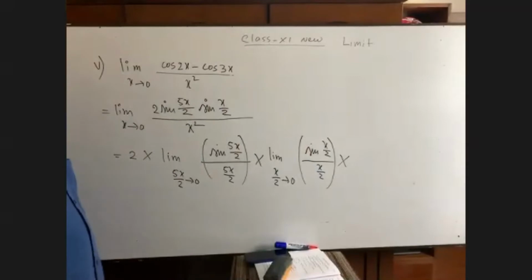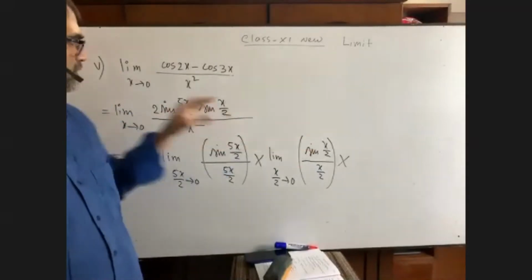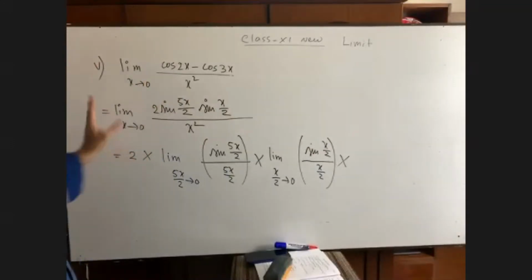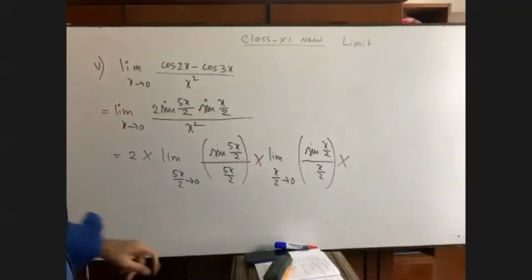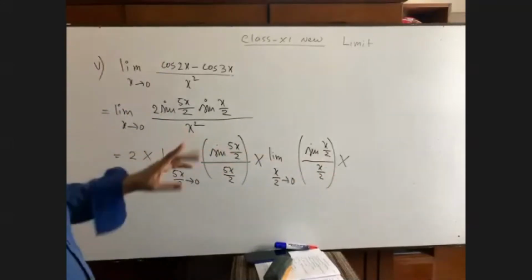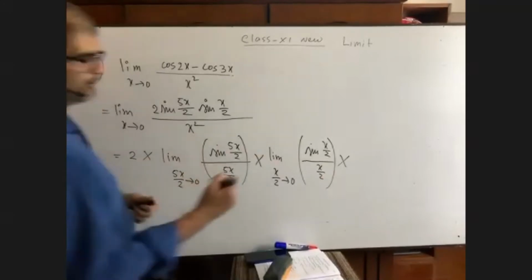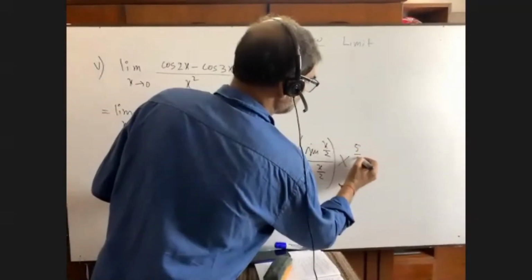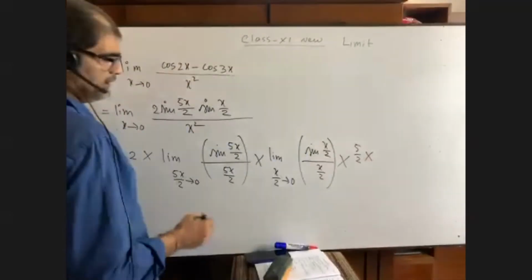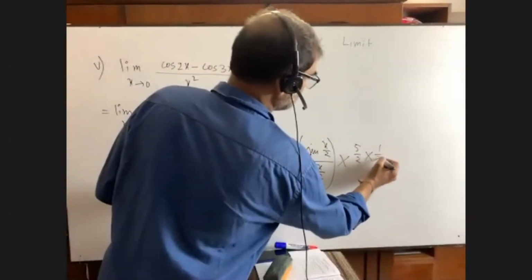How to calculate is that here sine 5x by 2, sine x by 2. The numerator is done. Here it is 2. Now for the denominator, you see, it is x, it is x. So it is x square. We are done. It is 5 by 2. So how can we cancel that 5 by 2? Okay, take 5 by 2. It is 1 by 2. How can we cancel it? Take 1 by 2. Math is done.